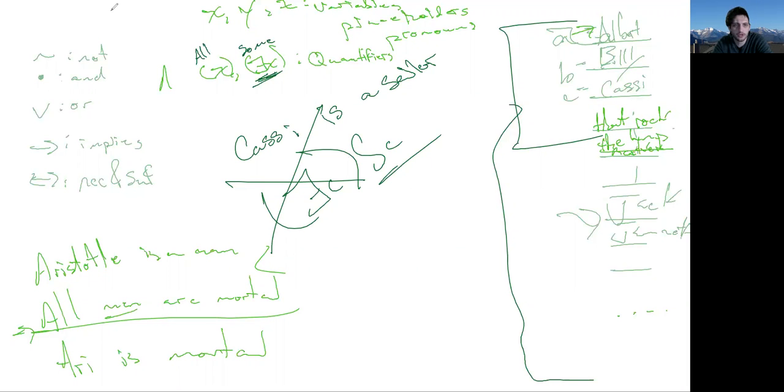The problem is you should never have a quantifier that's introducing a constant, because the constant is a specific person. You don't need to tell me how many Cassies there are. Cassie is one girl. It's not like we're talking about all of the Cassies out there. We're giving a specific name. If there was another Cassie, we'd have to give her a different letter. So each of these names, we're not going to introduce with any sort of quantifier. If I ever see something like this, that's an obvious mistake in understanding these things.